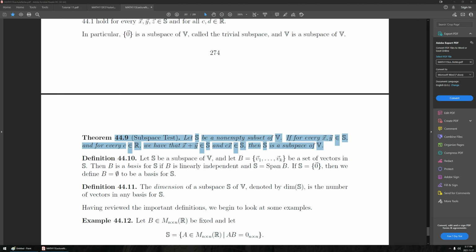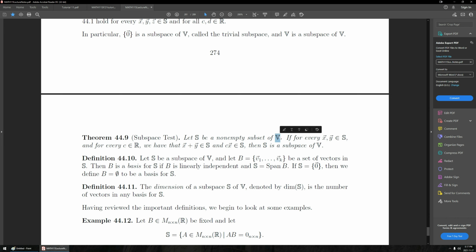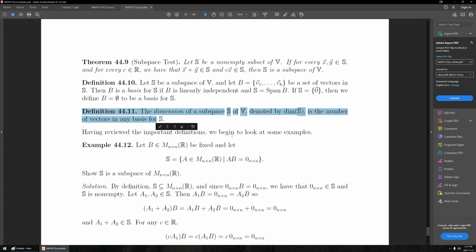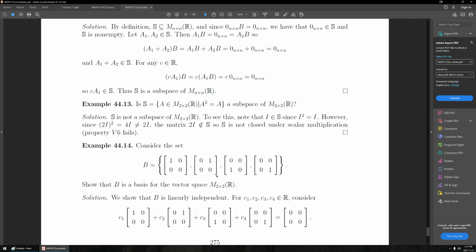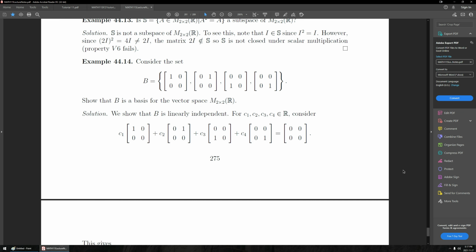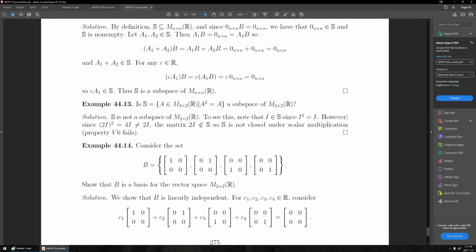So just if you're ever in doubt of if you can do something for an abstract vector space V, just think, if you could do it for Rn, you can probably do it for V. You just have to think of how it generalizes appropriately. And most of the generalizations are mentioned here in these definitions. So definitely make sure you know the definitions, but let's get into a particular example to kind of flex these